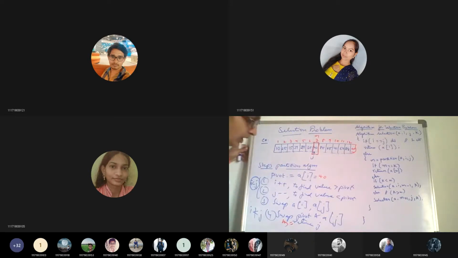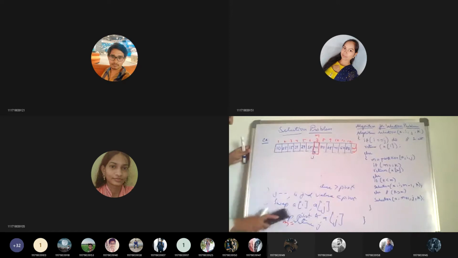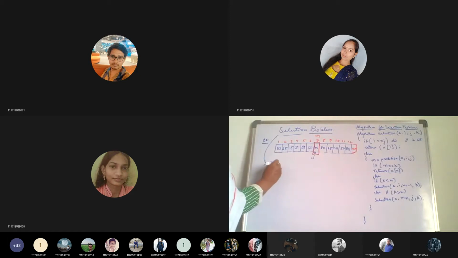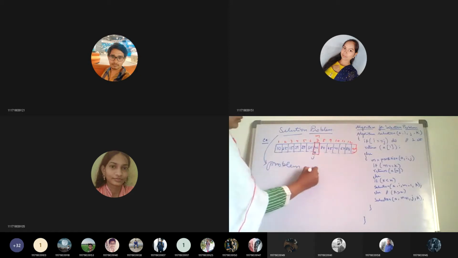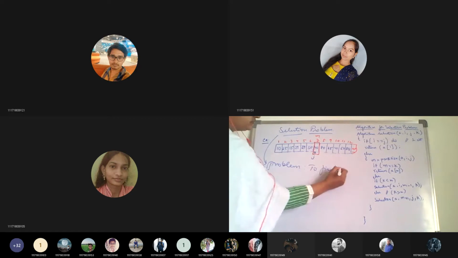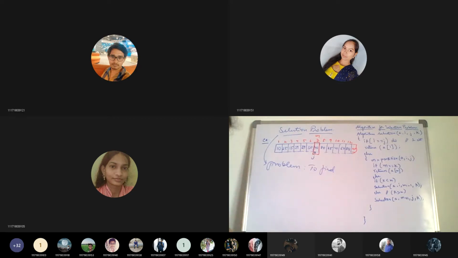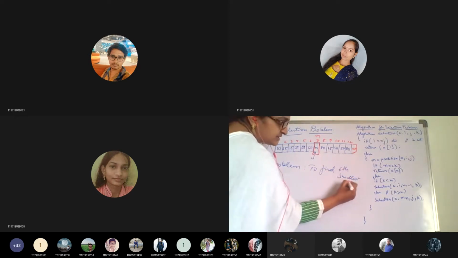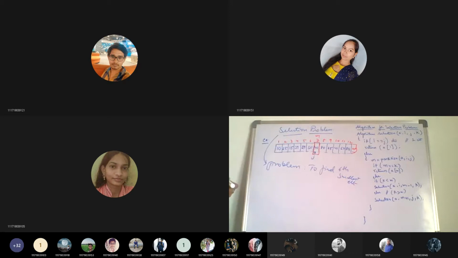Okay, so how exactly is this partition algorithm going to be useful for us in our selection problem algorithm? Once you get the partition position, suppose our selection problem is to find the sixth smallest element in the list.